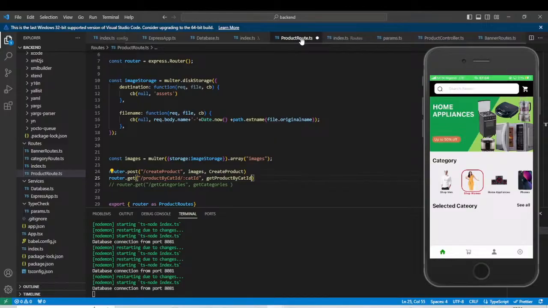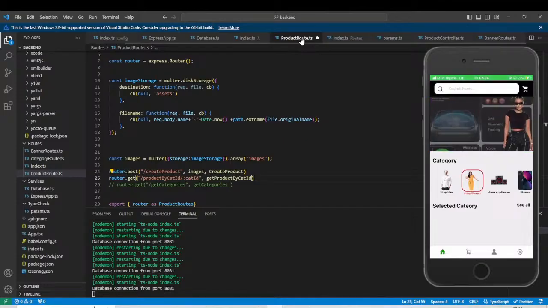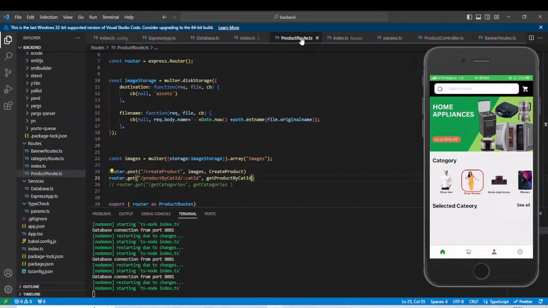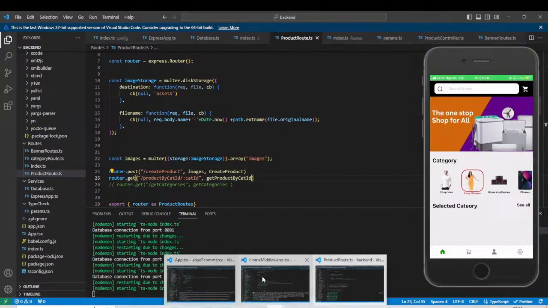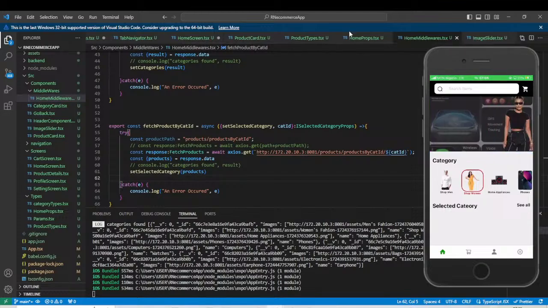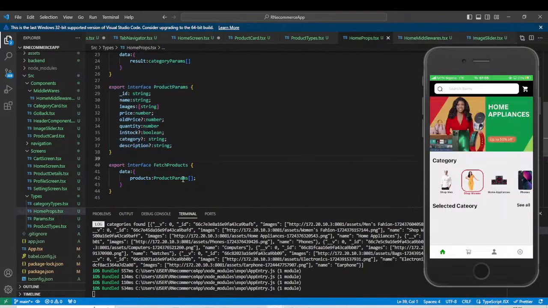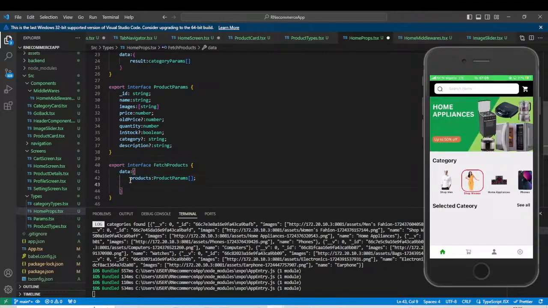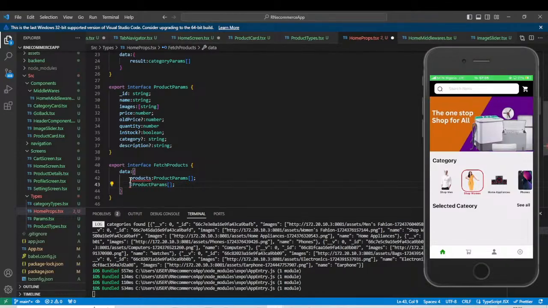Okay, let's just write it like this: productByCatID, and then here we're going to call it, what did we call it in our controller? getProductByCatID. Yeah, so we're going to pass getProductByCatID, and that's basically all we need to pass in here. I think that's all we need to do. We don't have to do any other thing again. So we save this,